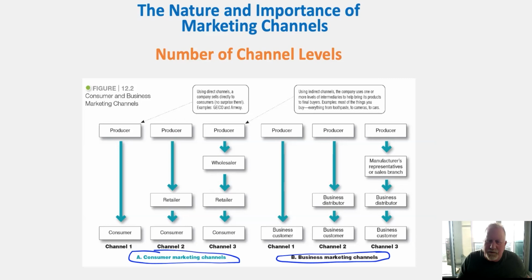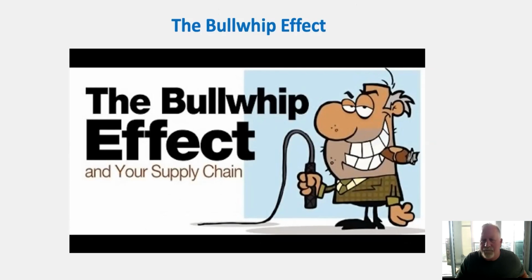We also have many situations where a producer goes to a wholesaler and the wholesaler goes to the retailer and then the retailer goes to the end consumer. So we have different layers of channel distributors. The more complex distribution channels have multiple layers within them. This whole kind of thing happens also within the business markets as well, with business customers making the same types of consumption decisions as the consumer and using these intermediaries to help them distribute their products and services downstream.